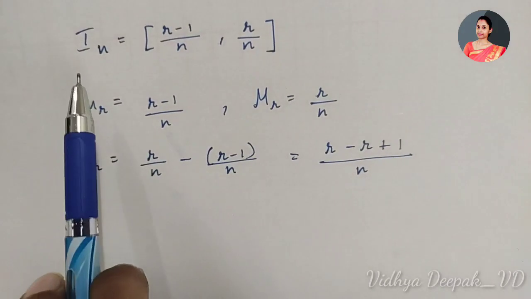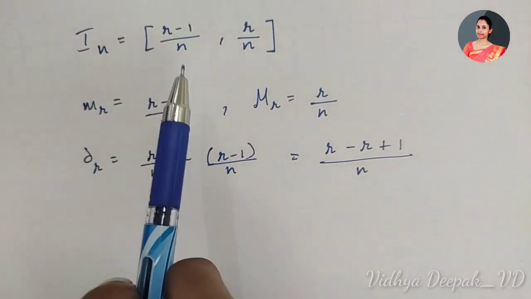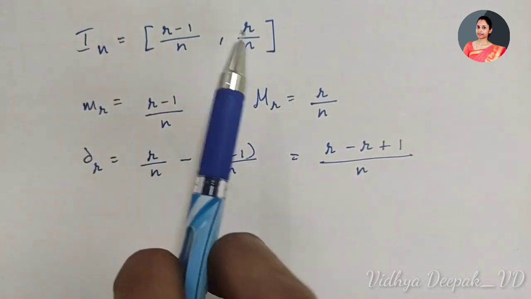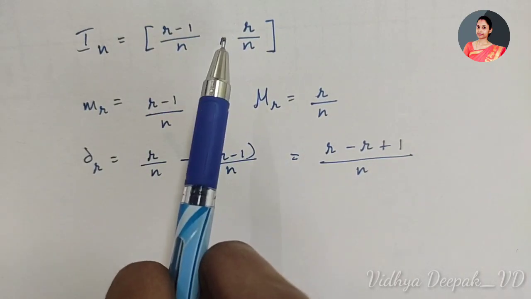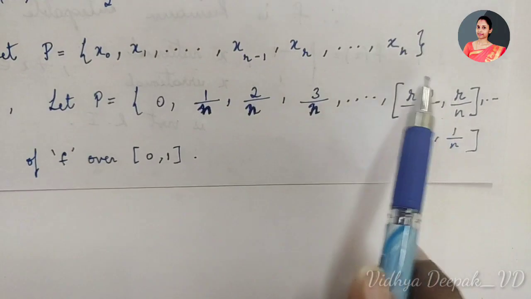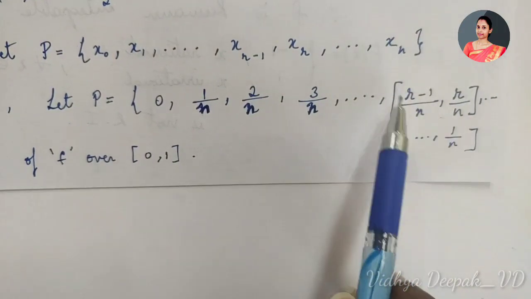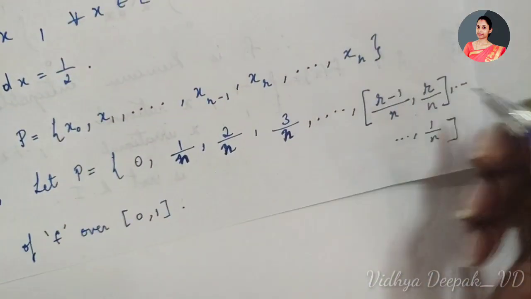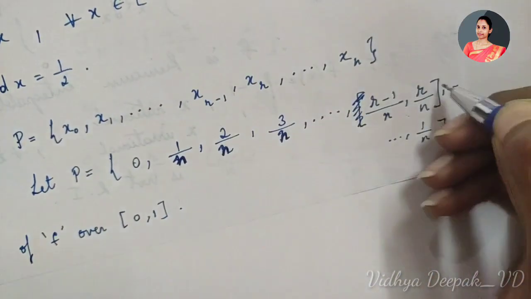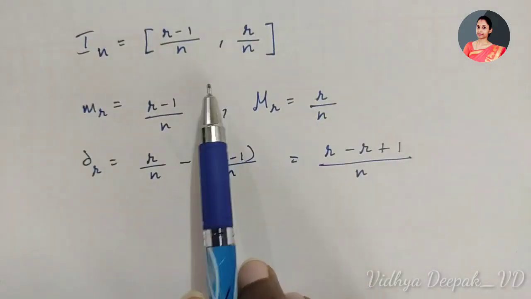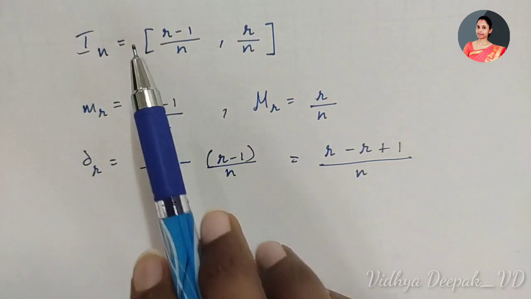Now I am considering one subinterval, [(r-1) by n, r by n], from the second partition. Okay, this was the middle terms, some terms which we took in the middle of the previous partition. Let's check out the partition once for your understanding. So from this partition, I am taking these middle two terms as one single subinterval. Here you don't have to mention the brackets, it's just comma, comma. Don't take it here. The brackets have to be mentioned only for the subinterval here. It represents that this is a closed interval.